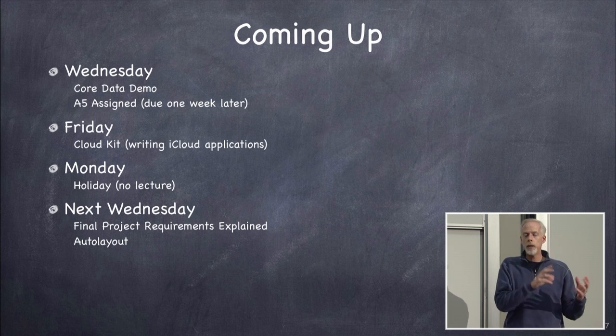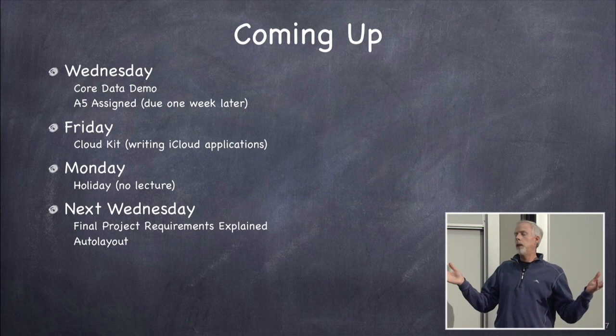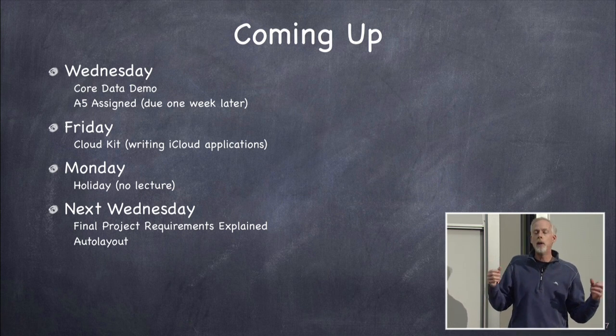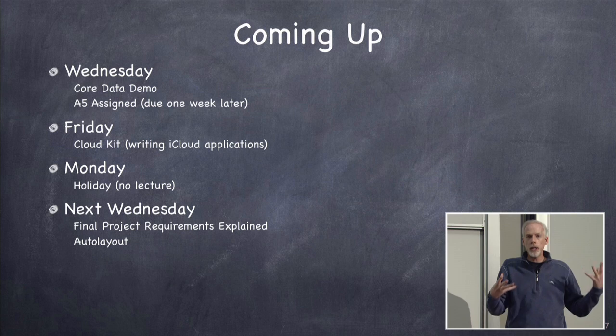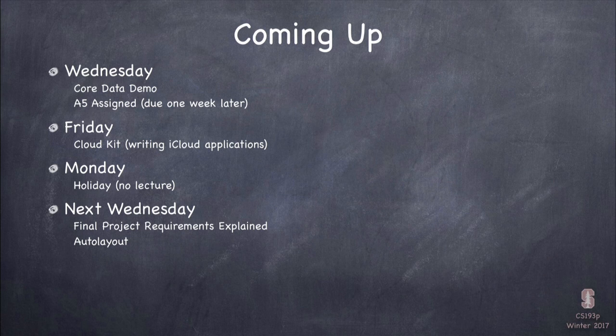Now, Core Data and CloudKit, what are they? How are they related? Well, Core Data is for doing things that you would do with a relational database, these powerful queries and searches and things like that. CloudKit is, what if you wanted to have a database on the network, in the cloud? A network that's being shared between multiple people, or even by a single person on multiple of their devices, or whatever. So they're quite different in the way they approach things.